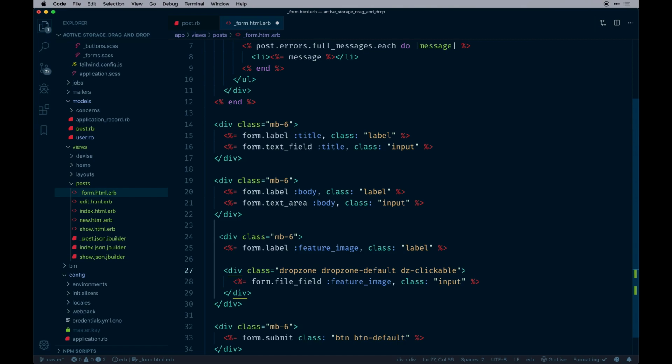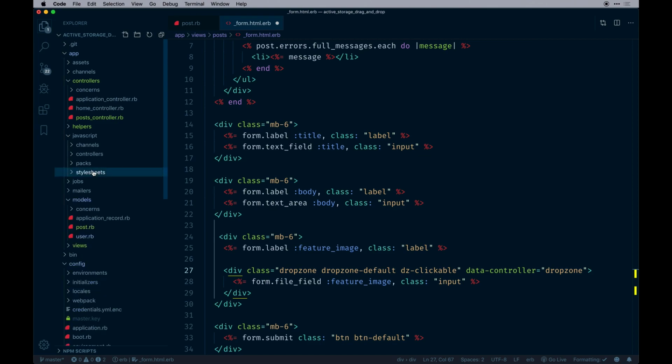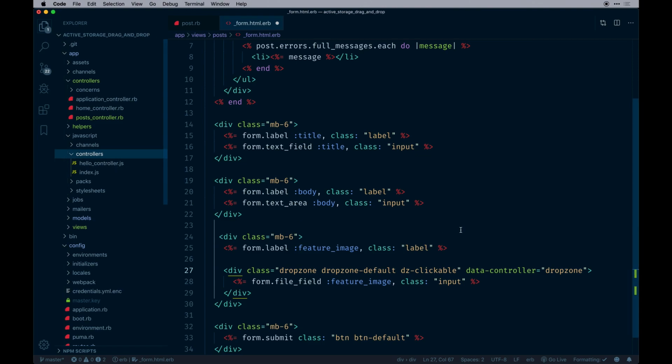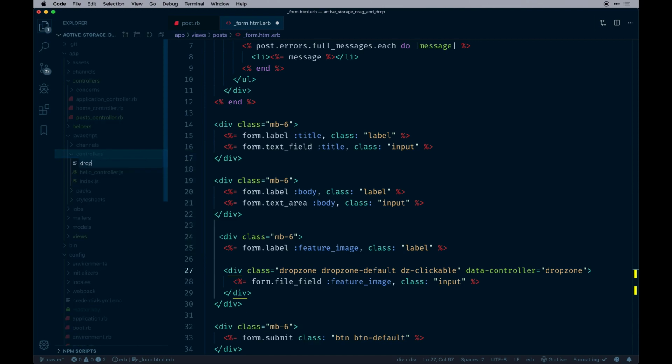So on this div, like I mentioned, if you're looking for a Stimulus component in a Rails app or any app in particular, you can probably find it by this data property. So I'm going to call this drop zone. So the convention here is if you have a data controller, that's a cue for Stimulus to go find a controller in your JavaScript folder. Let me go back to that controller. So we need one here called Dropzone since we named it Dropzone. So let's go ahead and create that. So it'll be Dropzone